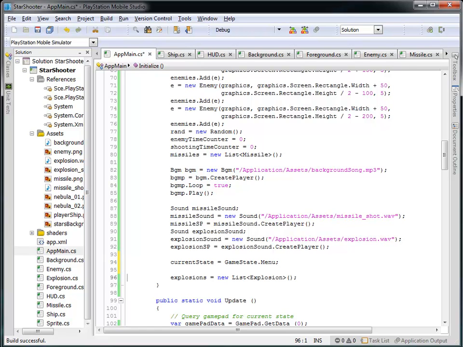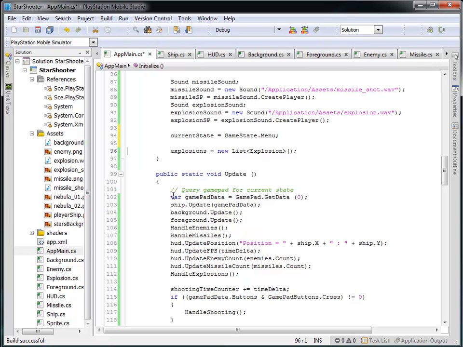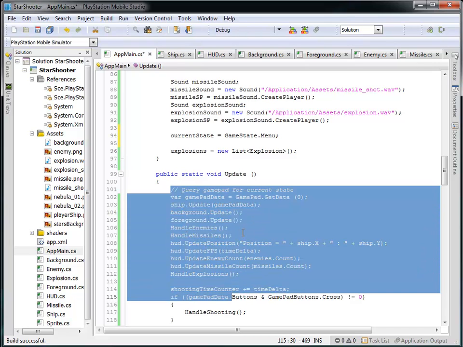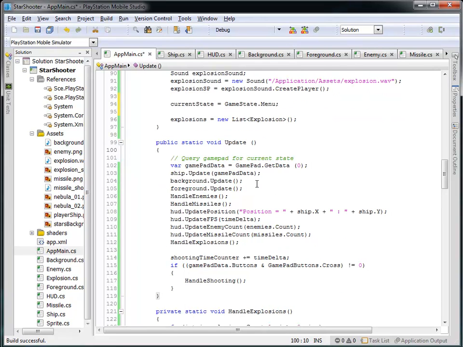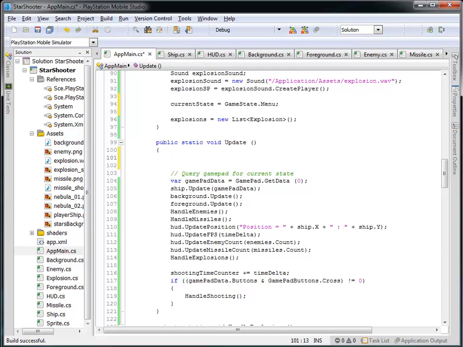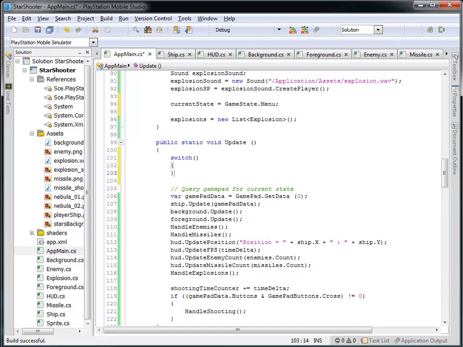Now I'm going to use this because in my Update method, all of the code that we have here presumes that the game is actually playing. Rather, what I'd like to do is in the Update and in the Render, I want to see what game state I'm in, and then process user input or process the rendering differently depending upon what state we're in. I'm going to use a new construct called switch that's going to allow me to do a comparison of a particular variable and see, does this variable match these different values. So I'm going to switch on currentState,